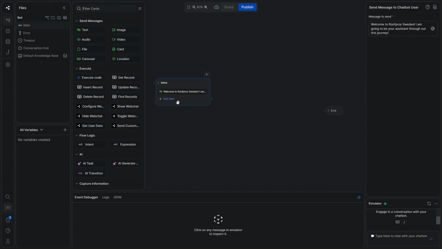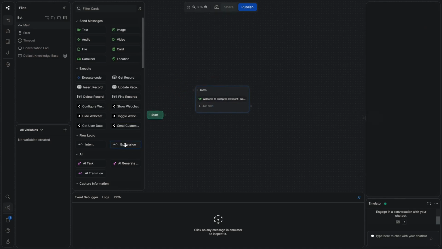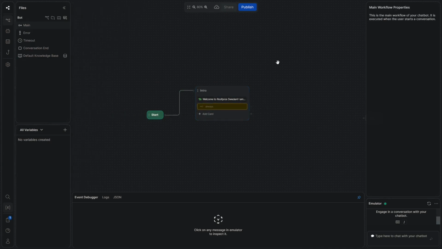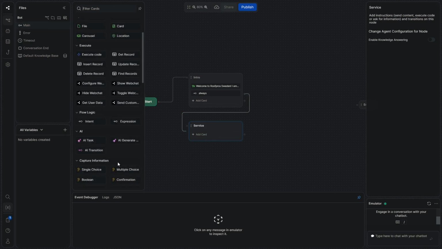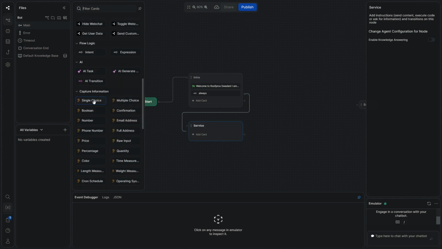And then I'm going to add an expression, set on always true. And then I'm going to go here and just ask for which service they're interested in. And this company is actually offering 3 different services. I'm going to add a single choice card,